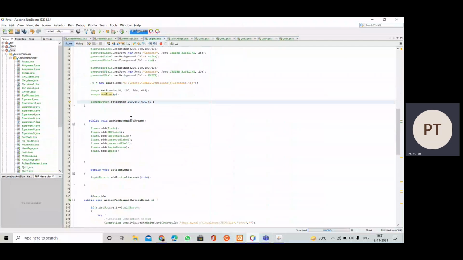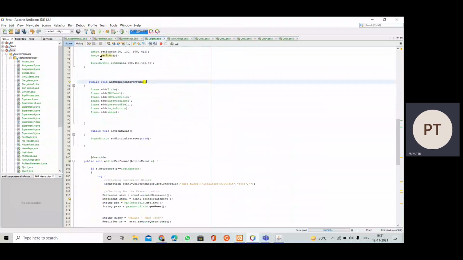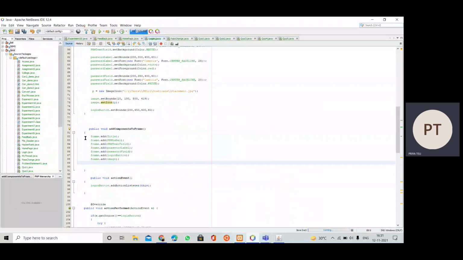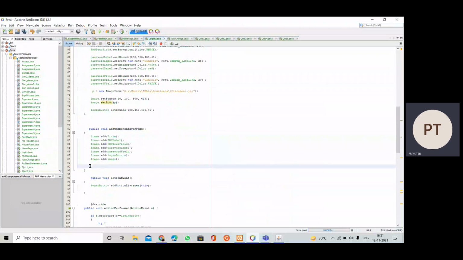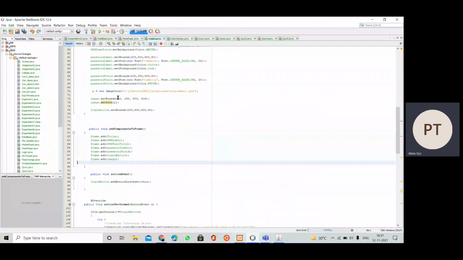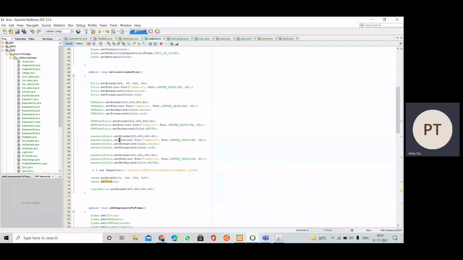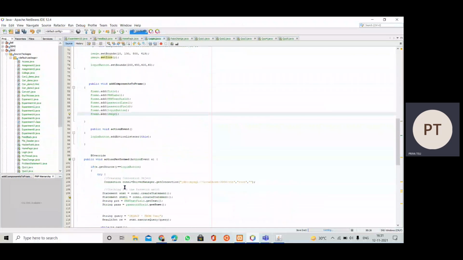Then we have this login button, and we have used set bounds method. Then we have this add components to the frame method, where we add all these components whose size we have specified to the frame, so with the help of dot add method. So frame.add, then we are going to add all these components. Here sequence is not mandatory, we can add it in any sequence. Just mentioning the size and location is not enough. We need to add those components to the frame, otherwise it will not be visible on the frame.